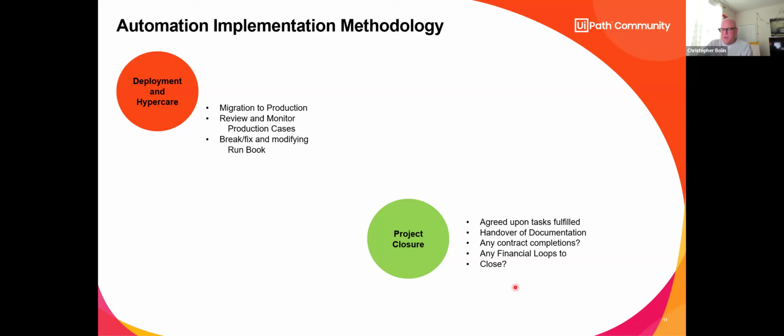You will be more keenly aware of what project management actually is, because if you've ever studied for a PMP or a CAPM, or any of the other PMP certifications, you understand that this is something that happens in any project. UiPath may have different steps here, but it's basically the same for any type of project that you're doing, whether it be automation or not. And it's good practice to get into.